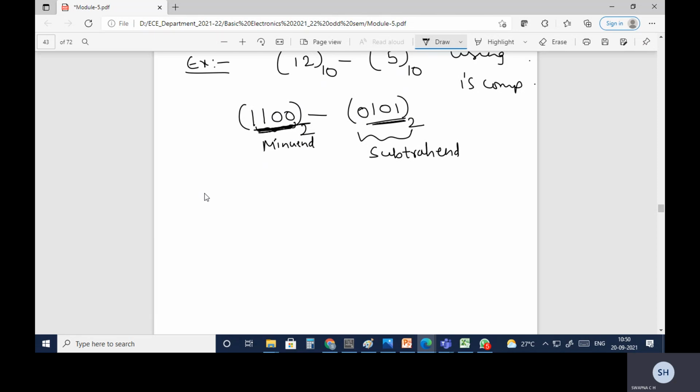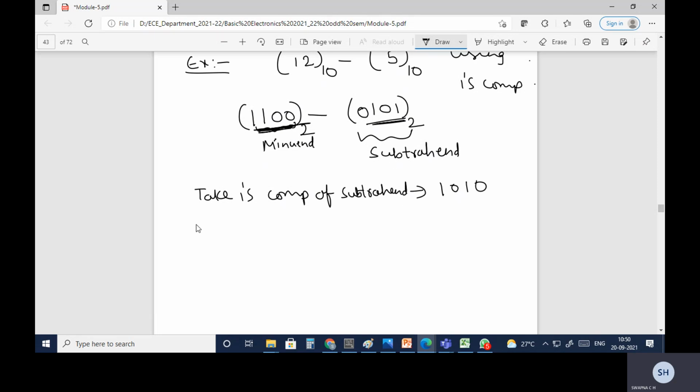Third step, I need to take the 1's complement of the subtrahend. As you know, 1's complement means wherever you have 0, replace it with 1, and wherever you have 1, replace it with 0. So it is 1010. This is the 1's complement of the subtrahend.